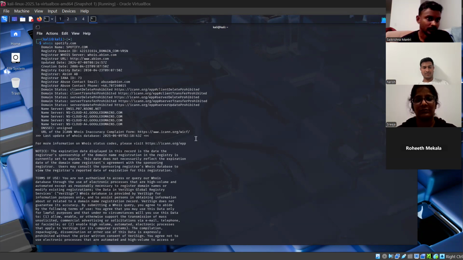You can see it here in the current Linux terminal, by using the commands we can gather information from the websites. Let's start with the domain level information. We ran the whois spotify.com command and found the domain name, registry domain, registrar WHOIS server, and the registrar URL,